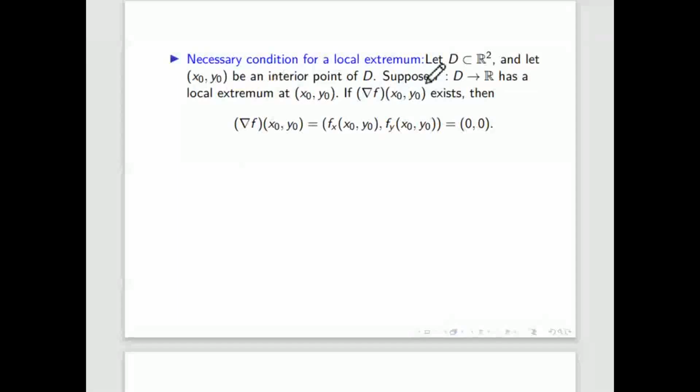So the necessary condition for a local extremum is that it is an interior point. Definitely this method will give information only about interior points, not the boundary. The boundary we have to check separately. It has a local extremum, extremum meaning either maxima or minima, if this gradient exists and it is 0. Gradient exists means the partial derivative with respect to x and the partial derivative with respect to y are 0. If you put them 0 and solve, you will get the point where maxima or minima can occur. Not necessarily will the point be maxima. For that we have to go to the higher order test, that means the second derivative.